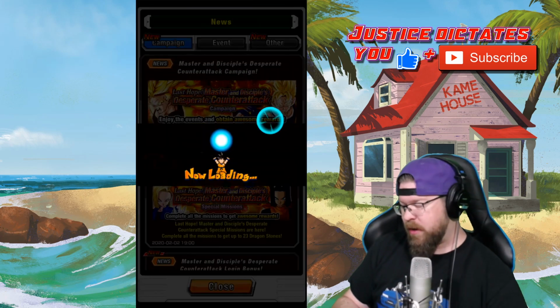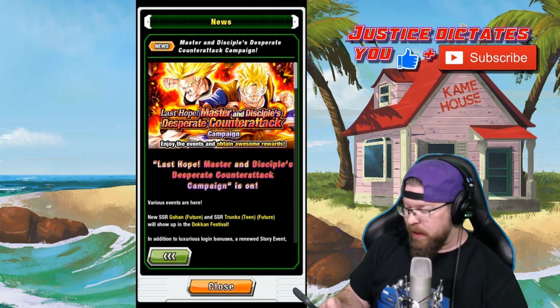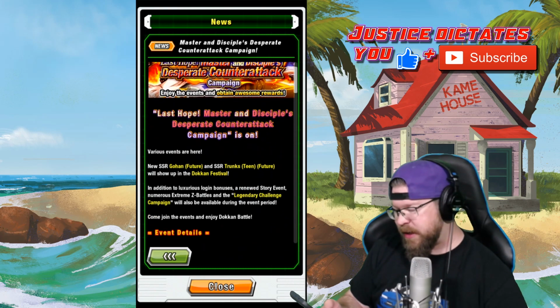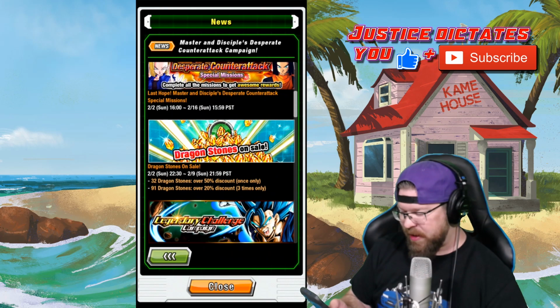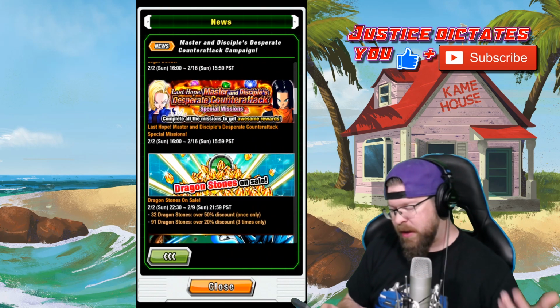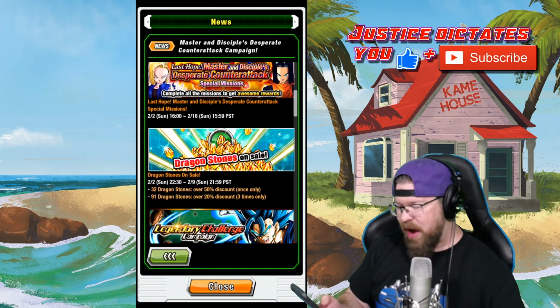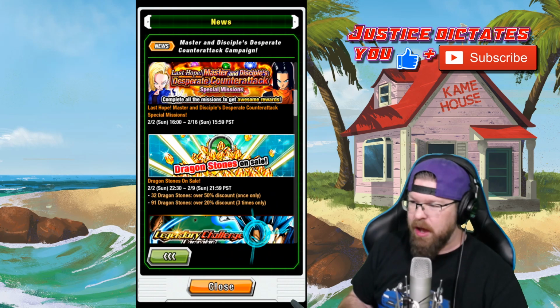Speaking of which, we got something fun in here related to that. Last Hope, Master and Disciples Desperate Counterattack campaign is on. Basically, it's that new Gohan we're getting tonight. I'm going to do a few summons on his banner, but nothing overly crazy. And honestly, if I'm real, it's going to drop, and I'm going to have a half-hour layover, more or less, until the